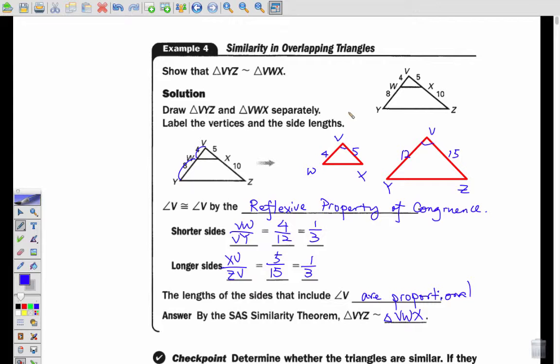Okay? So if you are to conclude, if you're given the length of 3 sides, go for SSS. Look for the 3 corresponding sides to be proportional. If you're given an overlapped triangle like this, because it's given that this overlapped angle V is congruent, you can use your SAS. Or if you have 2 separate triangles, like what we saw in example 3, where you're only given information of 2 sides and the information of 1 angle, the included angle, then you are all set to use